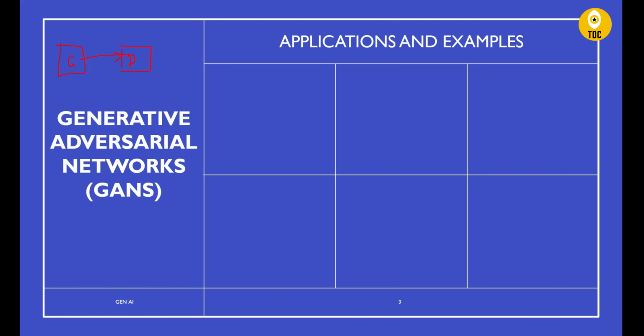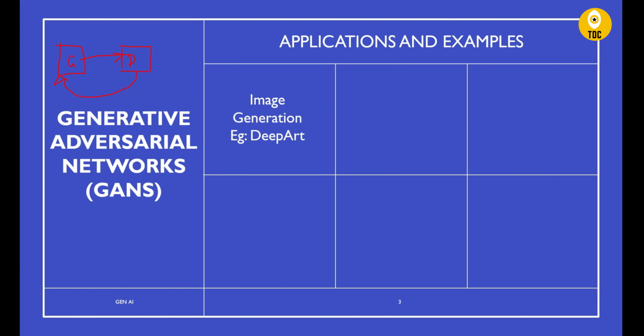It's like a developer and tester. The generator is generating, and the discriminator is validating it and giving feedback back to the generator, so that it can refine itself. The generator improves its output based on the feedback given by the discriminator. This feedback loop leads to the generation of high quality synthetic, or artificial, data, right? And what are the different applications and examples of this?